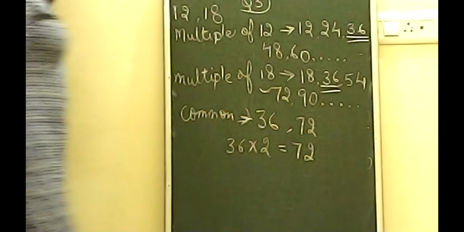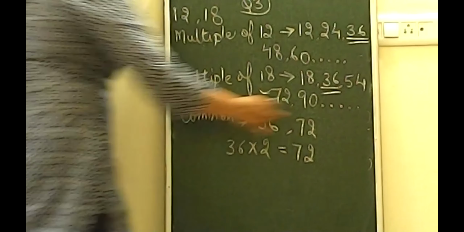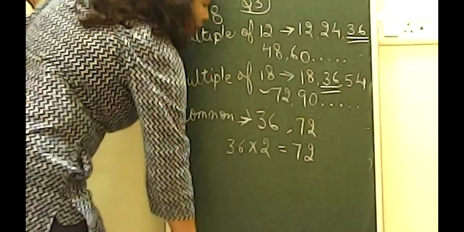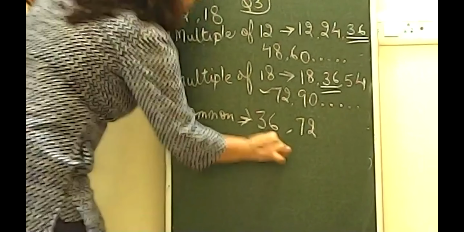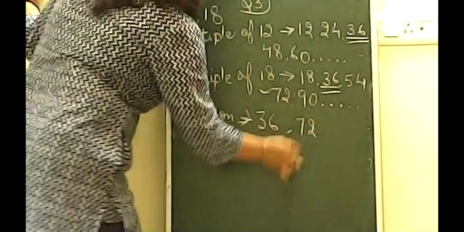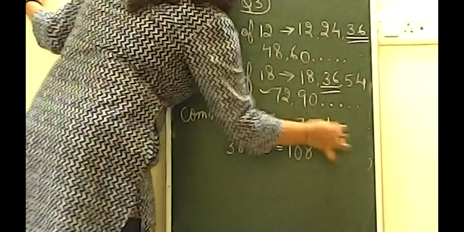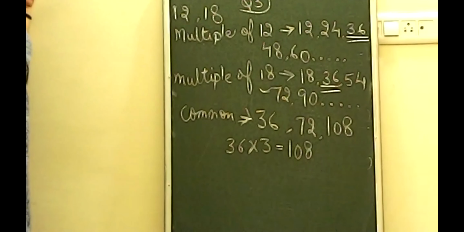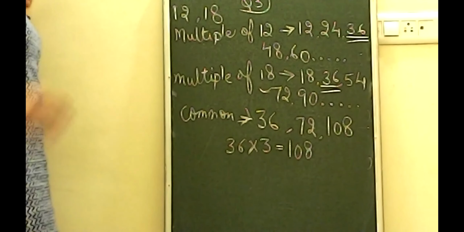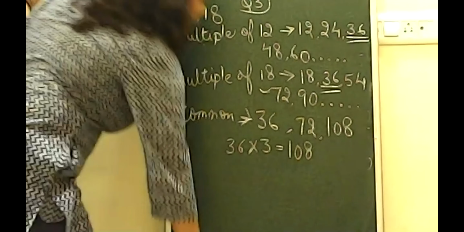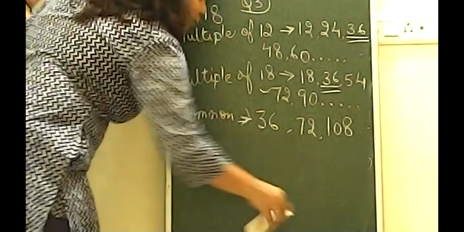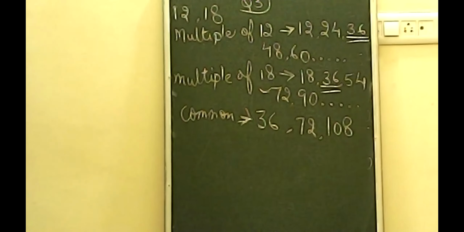Table of 36 you will follow. So I have written that the next common multiple is 72, and then you have to write down the third common multiple also. So the third common multiple will be 36 into 3. That will be 108. So the third common multiple will be 108. If you want to write further, you will get many multiples because multiples are endless. So remember, if you get only one common multiple, then too you can stop the process, and after that you can apply the trick easily.